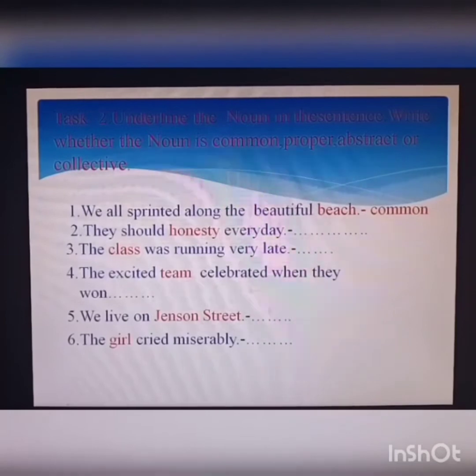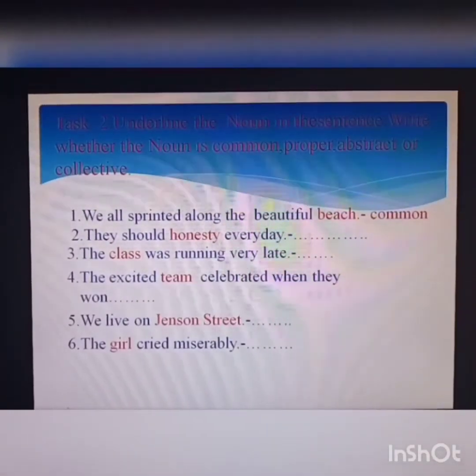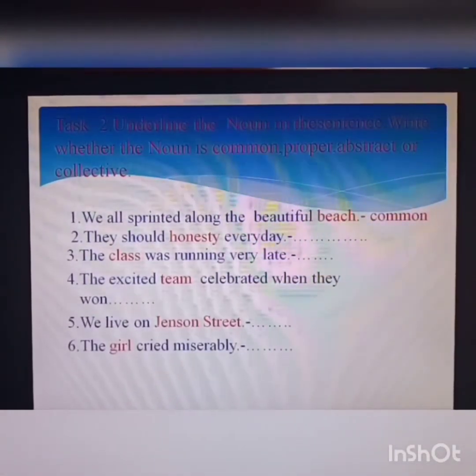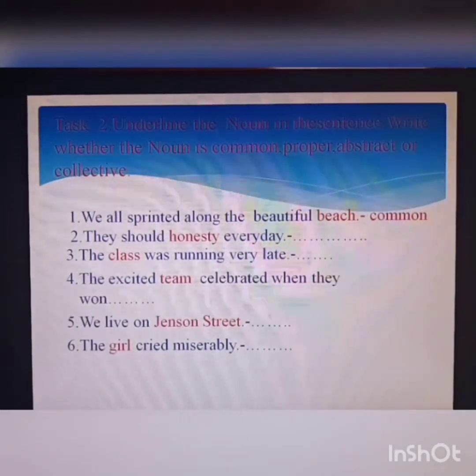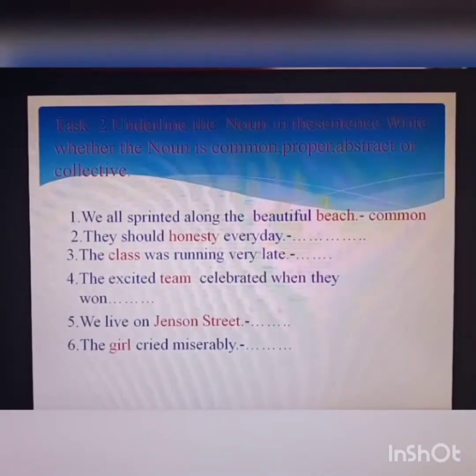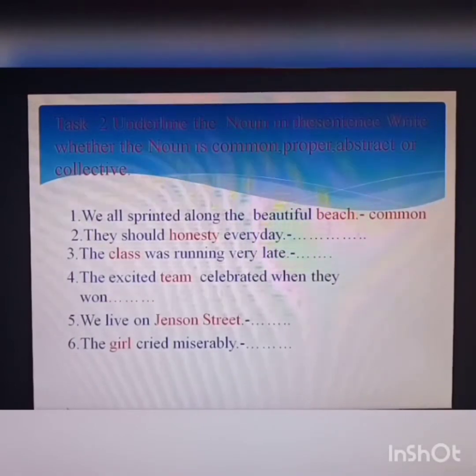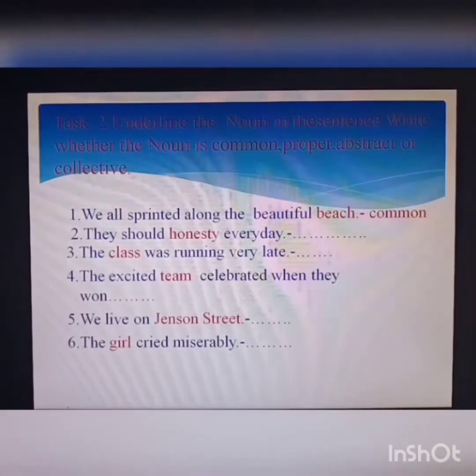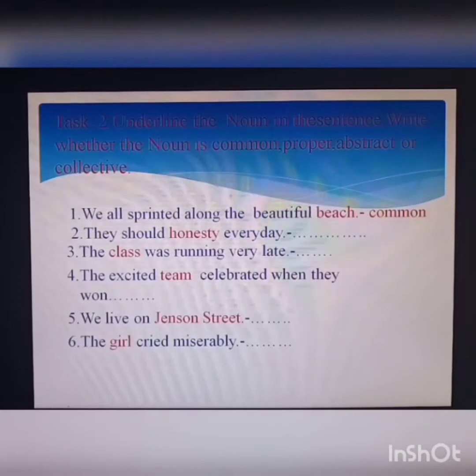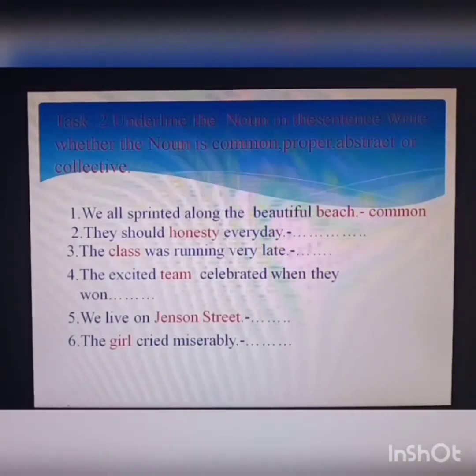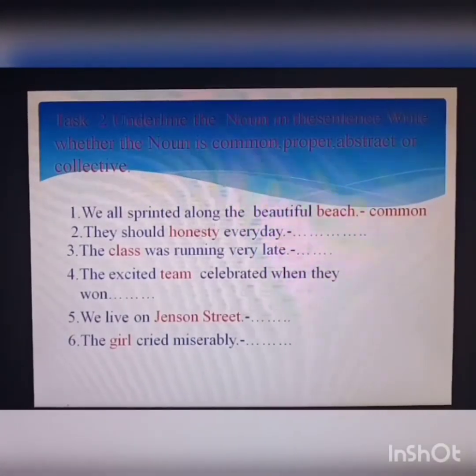Task 2. Underline the noun in the sentence. Write whether the noun is common, proper, abstract, or collective. For example, we all sprinted along the beautiful beach. In this sentence, the noun is beach. It is a common noun.